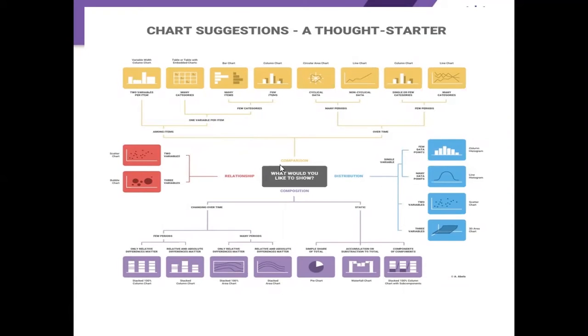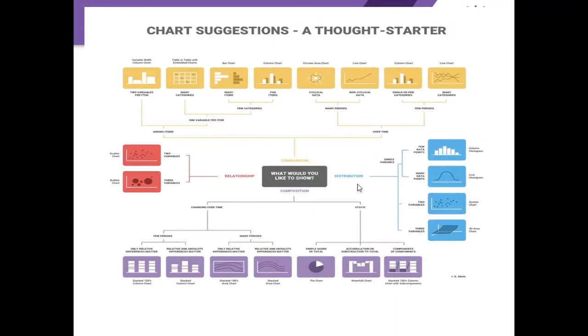So if you want to compare the data, you can use different types of graph for that, based upon the items you are comparing. You can use column charts or bar charts, depending upon the items you are using. Or if you want to show changes in the data over a time period, for that, you can either use cyclical data, for which you will use an area chart, line chart, or column chart.